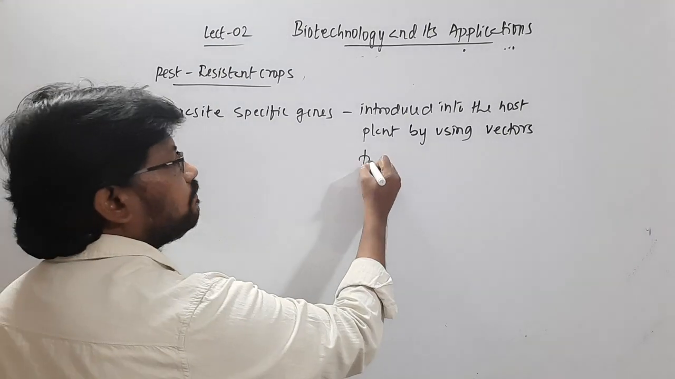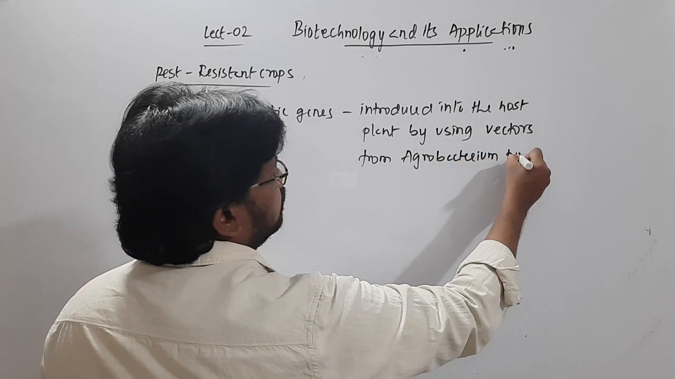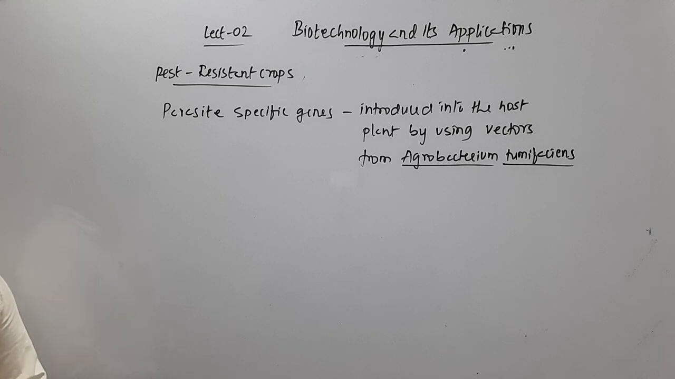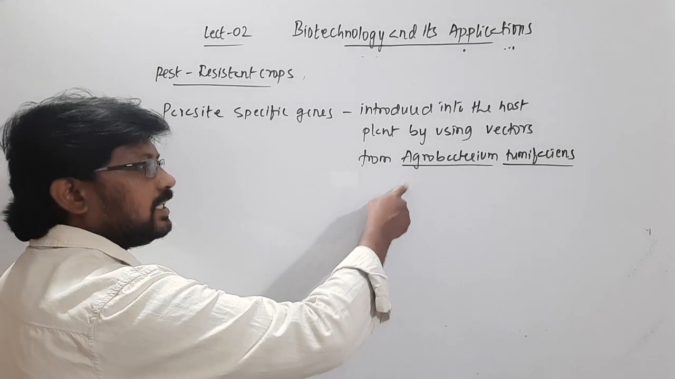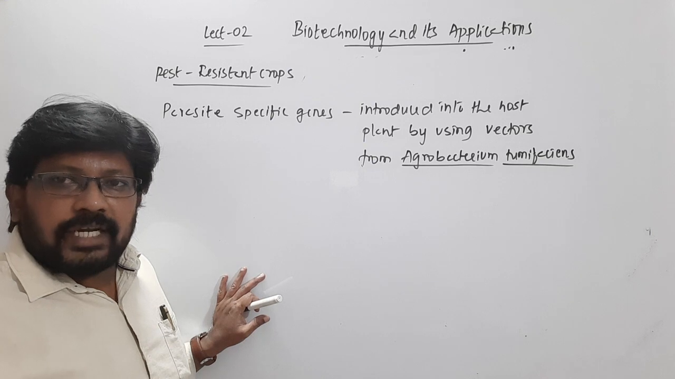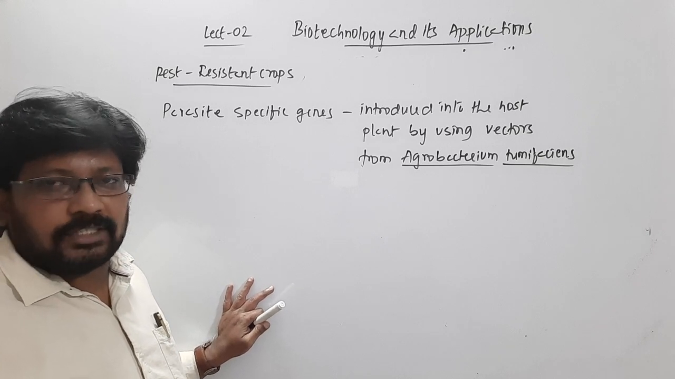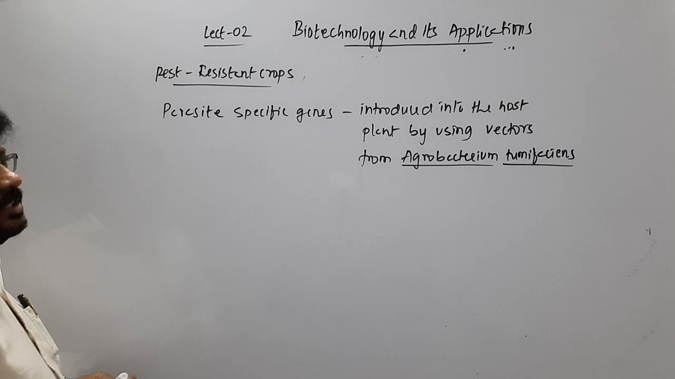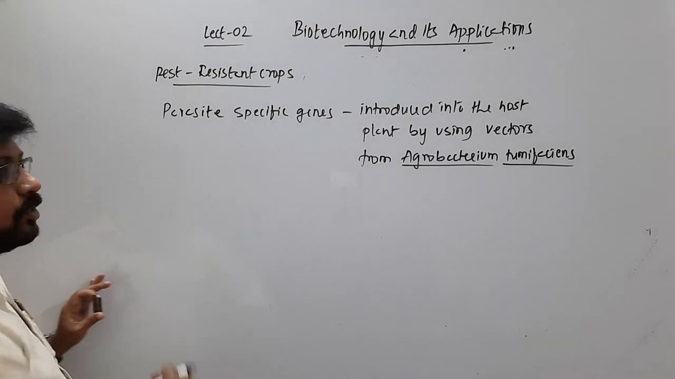That is, the plasmids from a bacterium called Agrobacterium tumefaciens. We studied in earlier sessions that the vector from this bacterium, Agrobacterium, is very good at delivering the gene of interest into the host organism, especially in the case of plants. So the vectors obtained from this Agrobacterium have been used to deliver the nematode specific genes into the host plant, and the introduction was in such a way that the host plant is able to produce